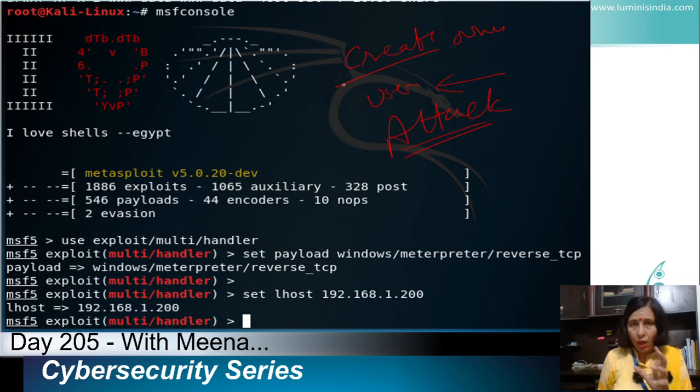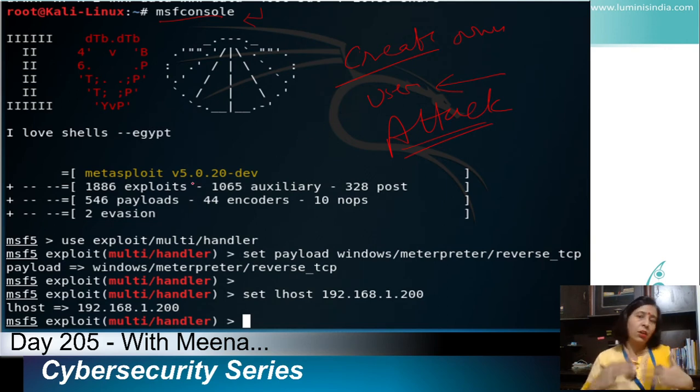Yeah. So how can we run Metasploit? It can be run on a separate Windows machine. Okay, it can be run on Linux. I just installed it, that's already installed, and if it's not installed, we can run it easily in Kali Linux. Okay, so I just run the command on the terminal, msfconsole. When you run msfconsole, you will see whatever version you have. Here this Metasploit version is 5.0.20 in this picture. Okay.